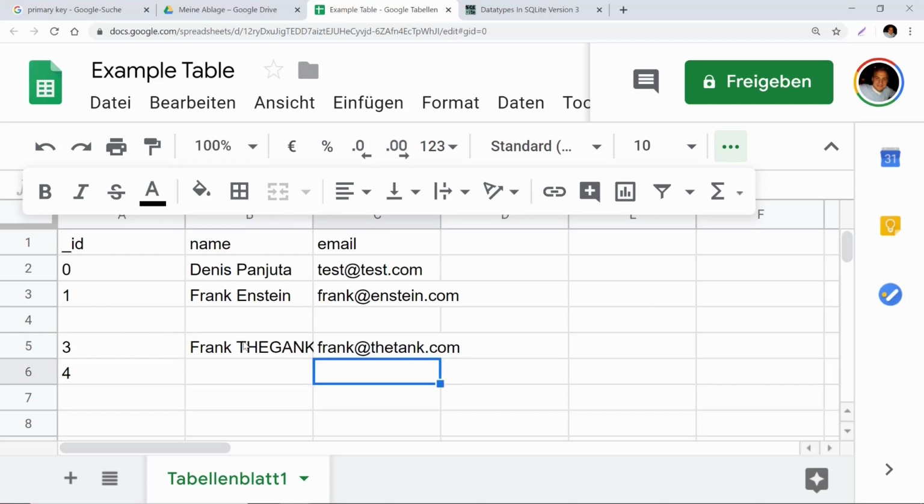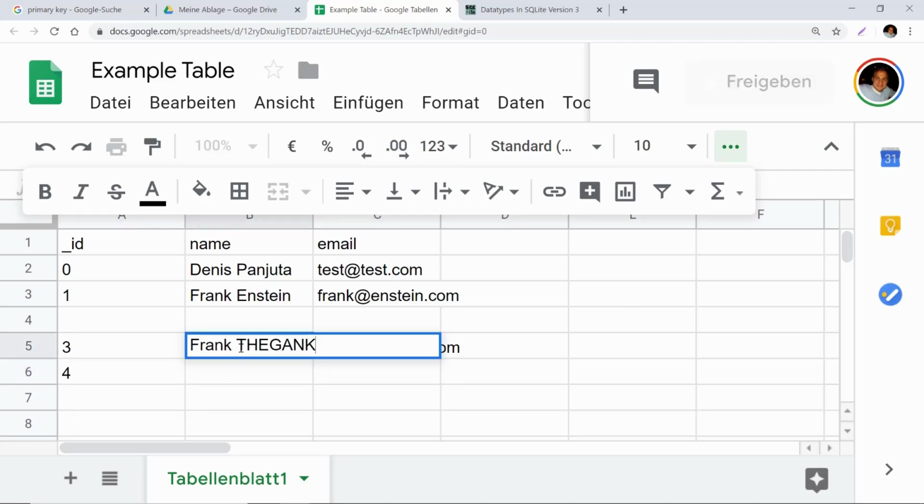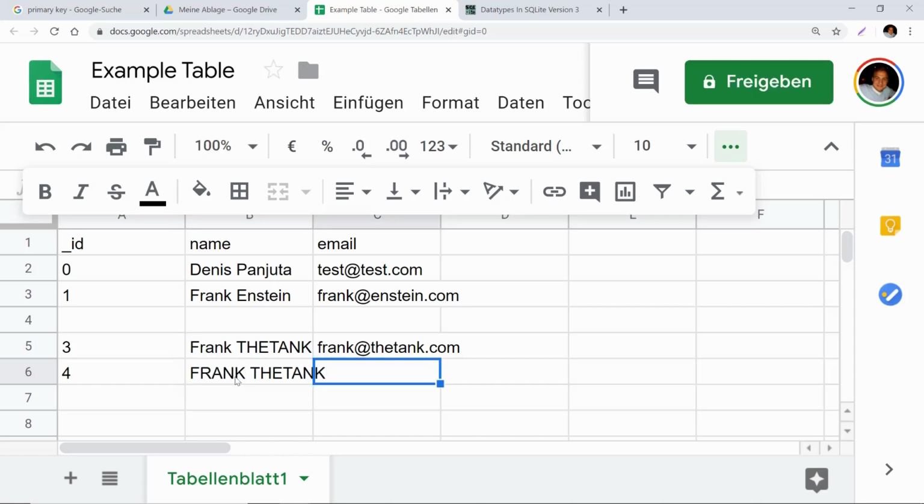Then you could do that by updating this whole object and passing that object, but you need to know the ID, because maybe there is another Frank the Tank. So this is not the only Frank the Tank out there. Maybe there is another entry for Frank the Tank. So we have this employee Frank the Tank twice in our company, for whatever reason,